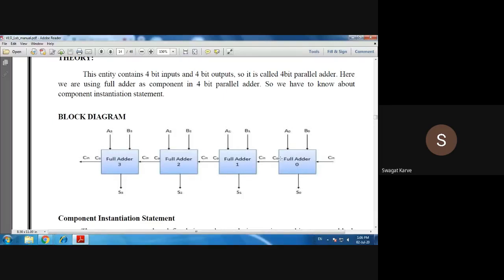Then sum is the output, and the carry we are passing to the next full adder as a C in. म्हणजे पहिल्या फुल ॲडरचे जे सी आउट आहे कॅरी, तेच दुसऱ्या ॲडरचं सी इन असणार आहे. सिमिलरली दुसऱ्या फुल ॲडरचं कॅरी आउट हे तिसऱ्या फुल ॲडरचं कॅरी इन असणार आहे. सिमिलरली तिसऱ्या फुल ॲडरचं कॅरी आउट हे चौथ्या फुल ॲडरचं कॅरी इन असणार आहे. ती कॅरी आपण पुढे देतो. दॅट्स वाय you are getting that.